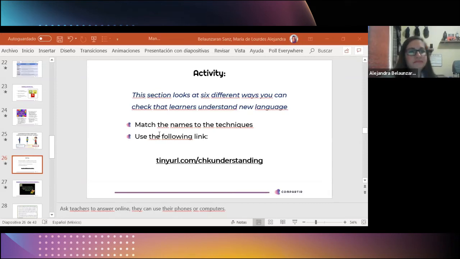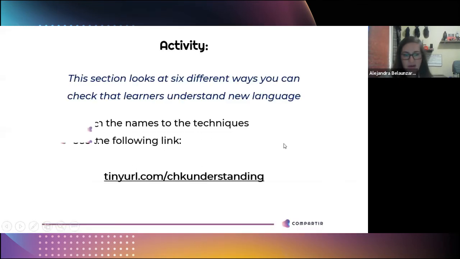Okay, there it is. So if you can go in there,